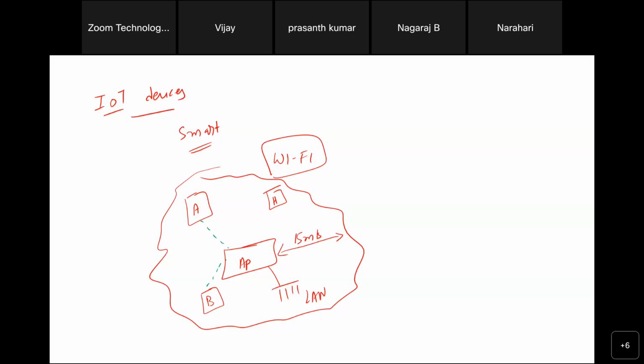So it actually depends on what kind of a network is maintained by the access point. When you speak about your Wi-Fi networks, you have open networks. Open network, as the name says, has no password, so anyone can connect to this particular network. And then you have networks which implement WE